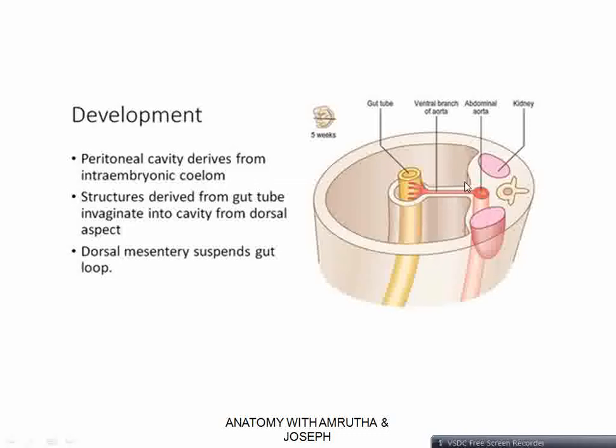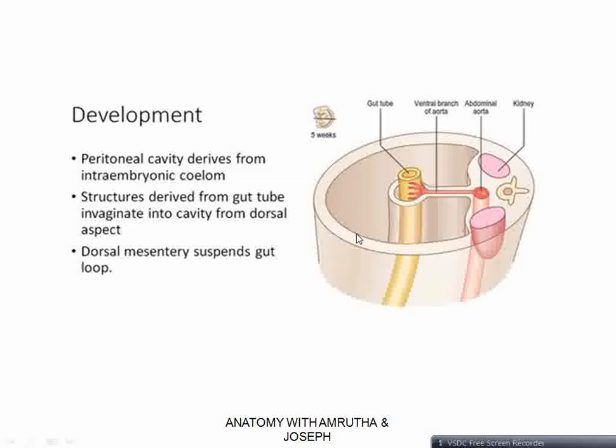And now after that, it is again covering the posterior abdominal wall. So when it does so, it is going to cover the anterior aspect of the kidney. So again, the kidney becomes retroperitoneal, and it covers the lateral aspect, anterior aspect, as the parietal peritoneum. So the space between the parietal and the visceral peritoneum is called the peritoneal cavity. Anyway, I hope this is clear.